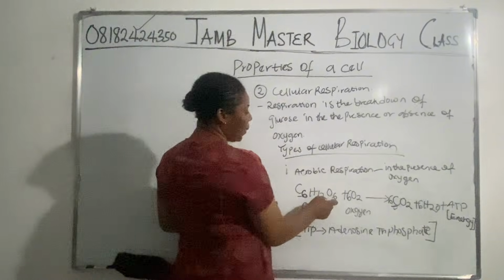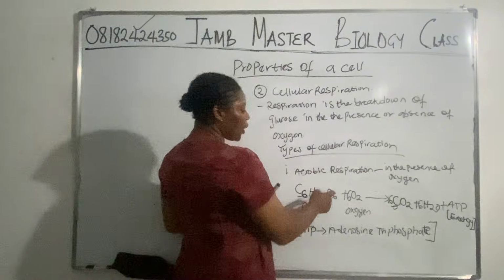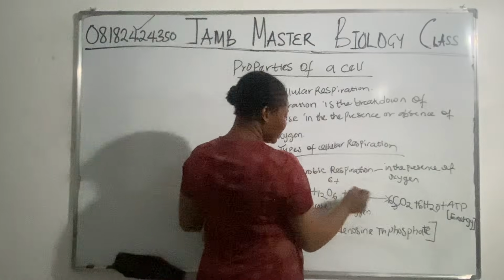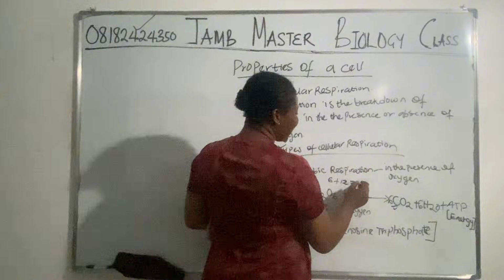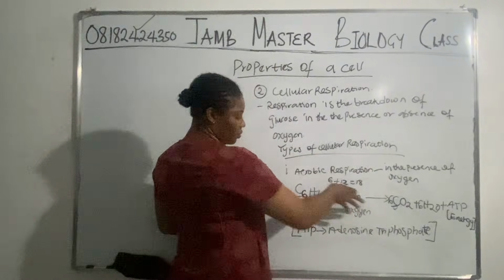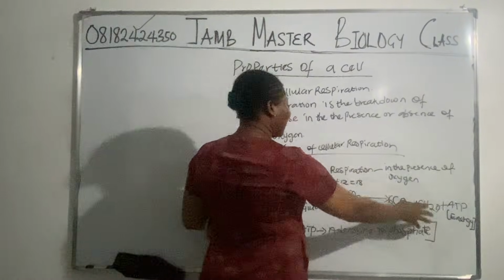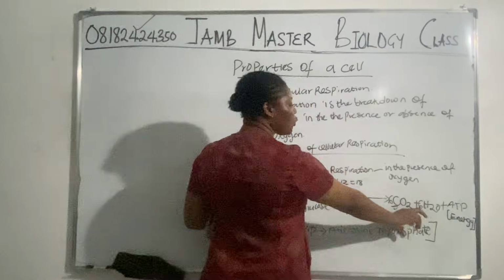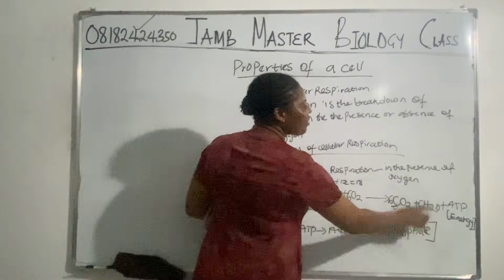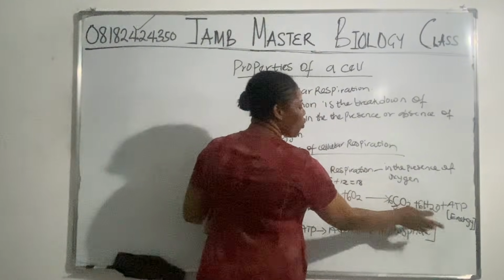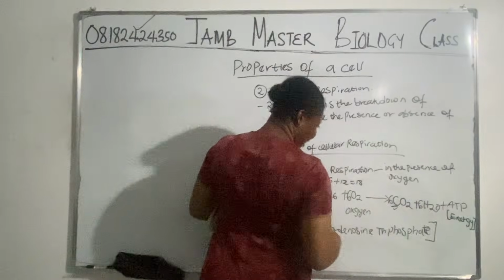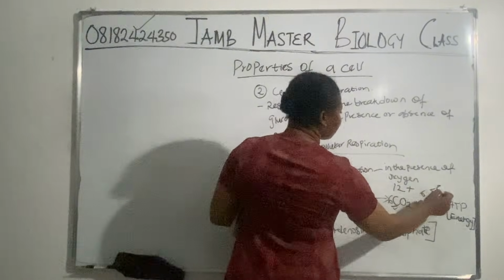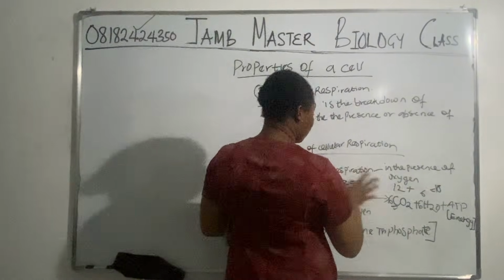Now the next one we are balancing is oxygen, right? From here, oxygen is 6 here, plus this oxygen here, 6 times 2 is 12. 12 plus 6 is 18. So oxygen is 18 here. Now let's balance the oxygen on the other side. Let's see if it's rhyming. We are saying that 6 is here, and any number in front covers the molecule here. So we have 6 molecules of water. Now 6 covers the oxygen here, so we have 6 oxygen here. 6 times 2, 12 oxygen, which is 18. So the oxygen molecules are balanced.